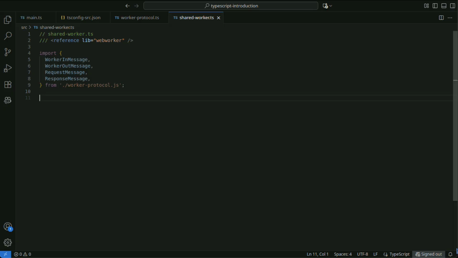Imports the type definitions used for worker communication. Explicitly declares that self is the global scope of the shared worker.